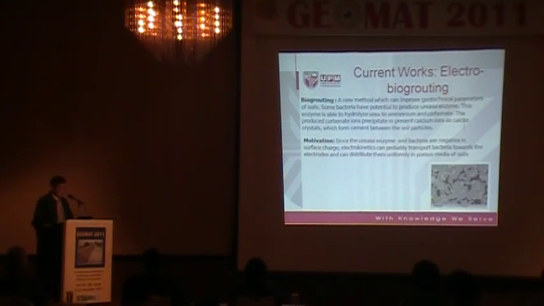This is a method to improve geotechnical properties of soils using bacteria, and we know that some bacteria have the potential to produce urease enzyme. This enzyme is particularly able to hydrolyze urea to ammonia and carbonate. The produced carbonate ion participates with the present calcium ion as calcium crystal, which forms cement in the